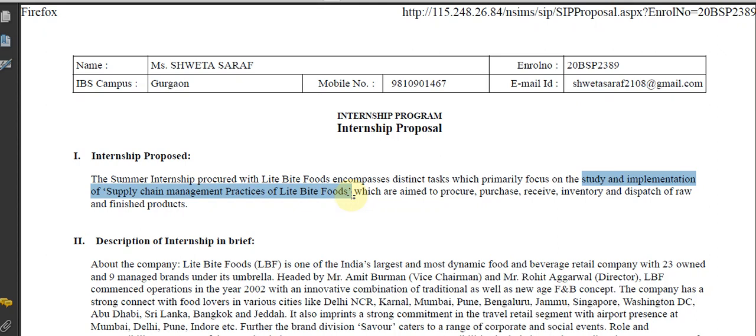So it's very important when you design a project title, you should always start it with study of something. So study of probably customer relationship management strategies or product mix, study of price mix, study of promotion mix, or maybe you can talk about study of sales and marketing strategies of XYZ organization in dairy industry, in retail industry, in information technology industry, in automobile industry, in Delhi and NCR, or in Haryana, or in Ambala.